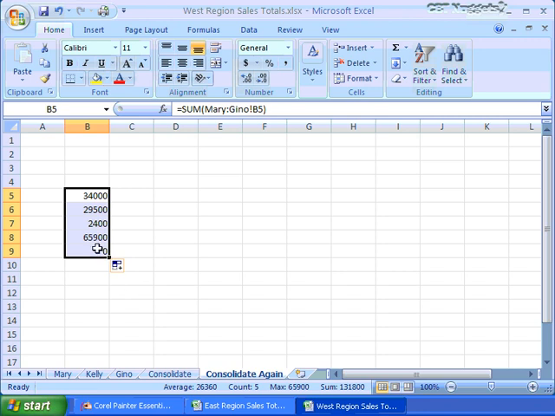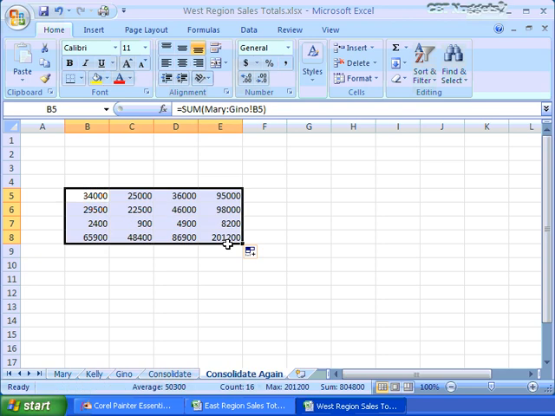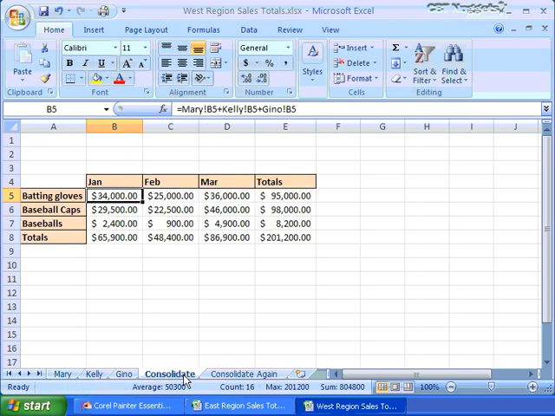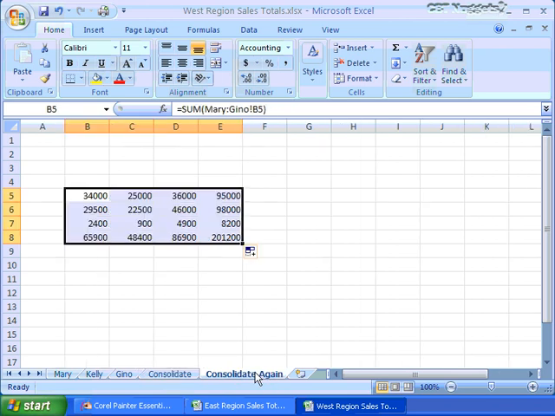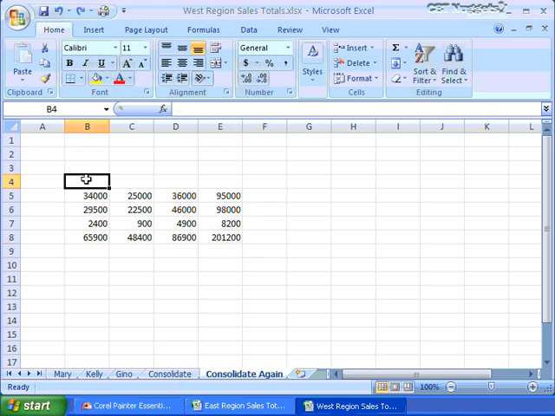Oops, copied it too far. And I can copy this over again. There we go. Does it match? 3,400, 201,200. It worked again. And if I want all those labels easily, I could always do an equal sign and